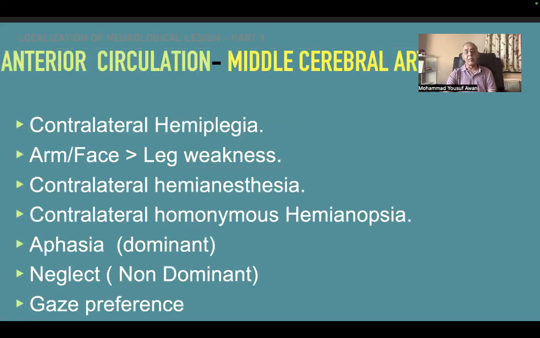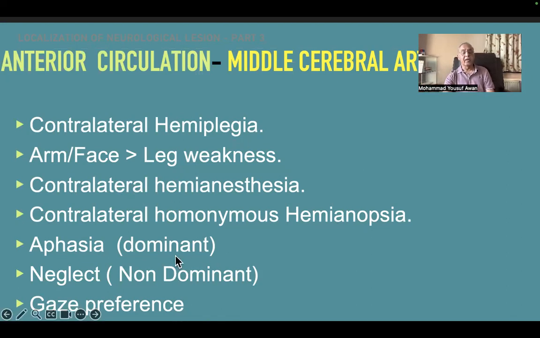So the other part of the anterior circulation is the middle cerebral artery. A lesion of the middle cerebral artery, a stroke or hemorrhage, and we'll discuss this at some other time, will result in contralateral hemiplegia. The whole side of the opposite body will be involved. There will be weakness. Arm and face weakness are greater than leg weakness in middle cerebral artery lesions, and there will be contralateral hemianesthesia. Contralateral homonymous hemianopia, the half of the visual field of the opposite side will be